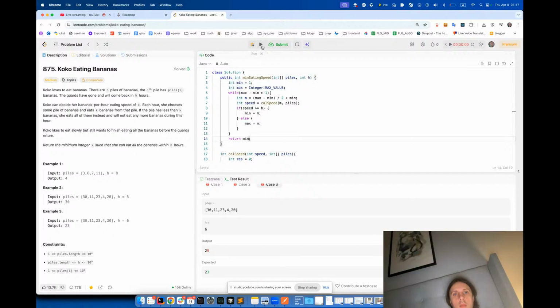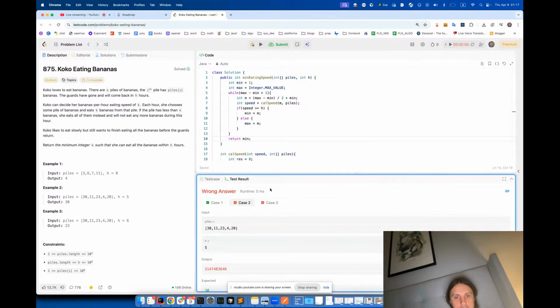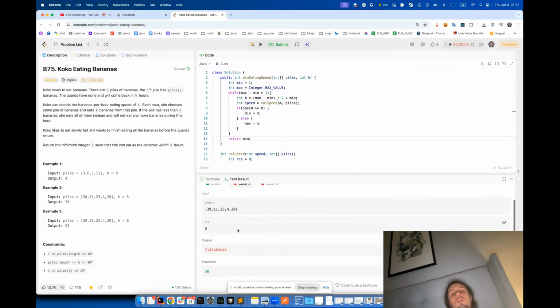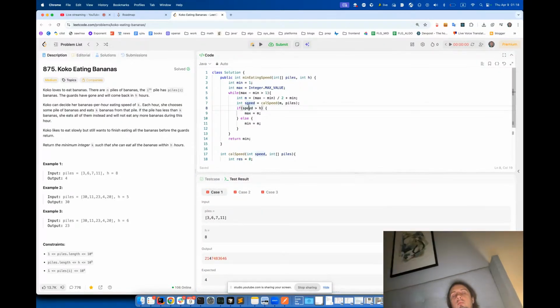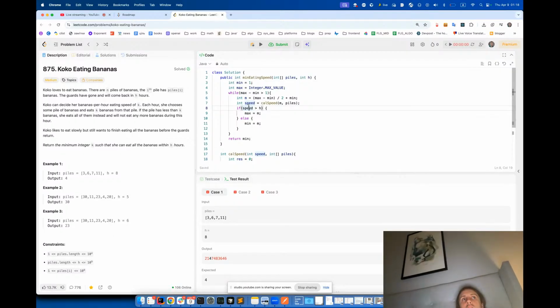Here we go. So if speed is greater, then I think we should move max to middle. So if our current speed that we calculate is greater than h,